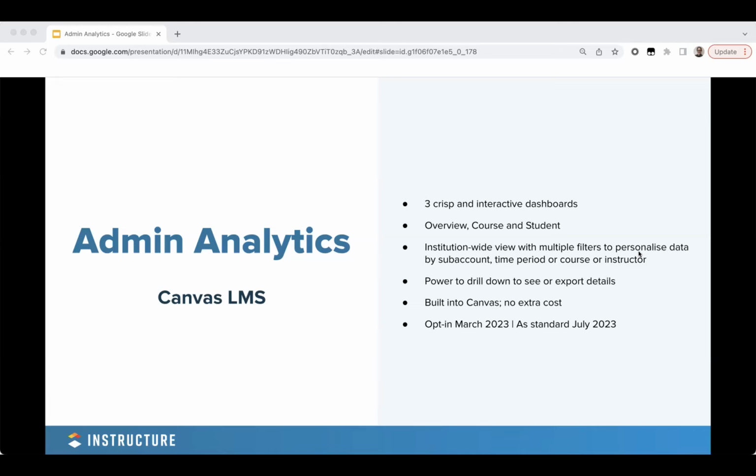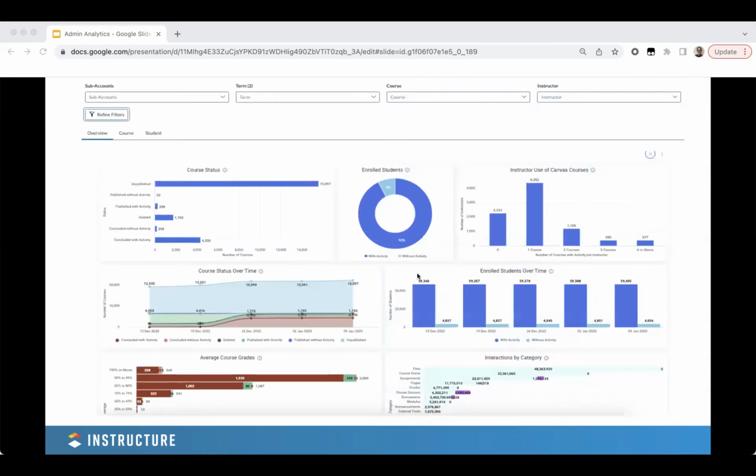So I'm going to go ahead and just show you a little snippet of the 3 dashboards, and then if there's any questions and things like that, we can go from there. But this is all our dummy data, so it's fine to showcase some of these screenshots for you. This is the first of the tabs or the dashboards in the new analytics tool.